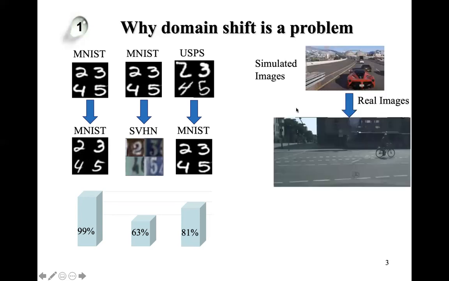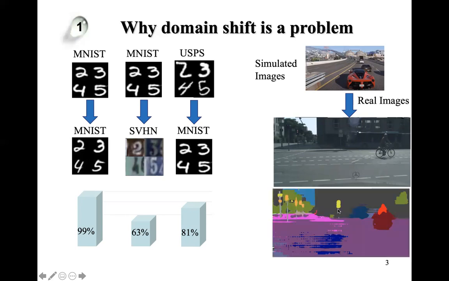Another application can be an image segmentation model. We may train our model using simulated images, and then we will apply that model to real images. And here is the output from the model. We probably can find that some objects, such as the bus and the bicycle, are misclassified and segmented, and also there are some shadings there. And we can observe that the accuracy is reduced because of domain shift, right? So therefore, domain shift is really a severe problem, right?